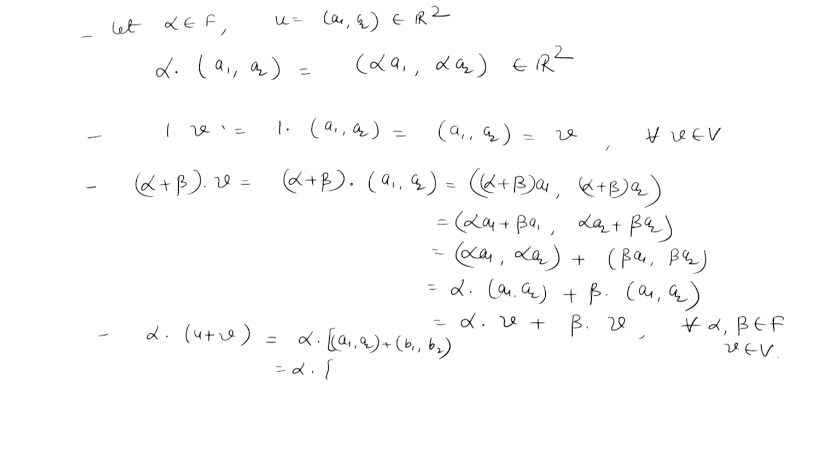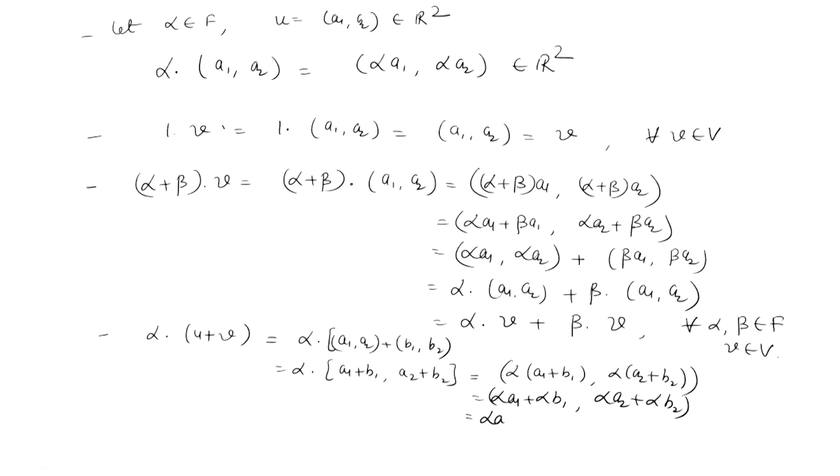So, this will be alpha dot (A1 plus B1, A2 plus B2) by the definition of addition, and this is equal to, by the scalar multiplication, alpha times (A1 plus B1) and alpha times (A2 plus B2). This is alpha A1 plus alpha B1, alpha A2 plus alpha B2, and that can be written as (alpha A1, alpha A2) plus (alpha B1, alpha B2), and this is equal to alpha dot U plus alpha dot V,